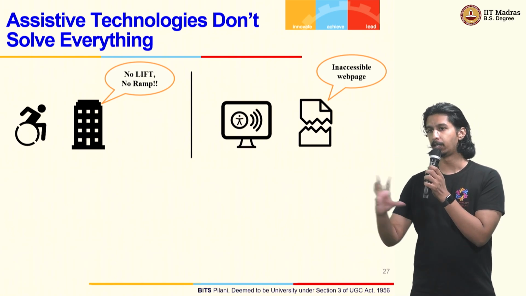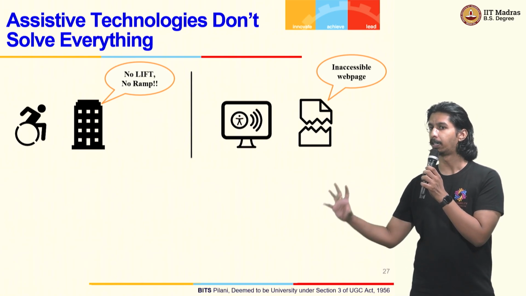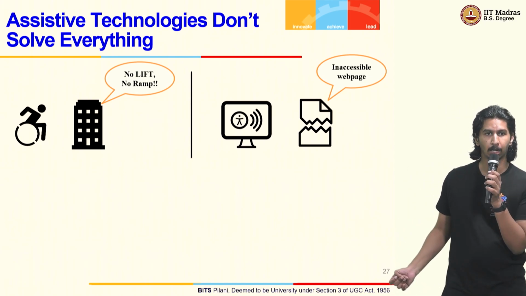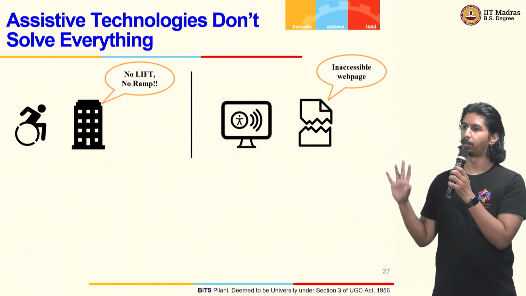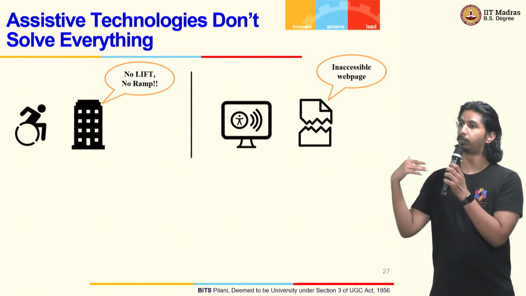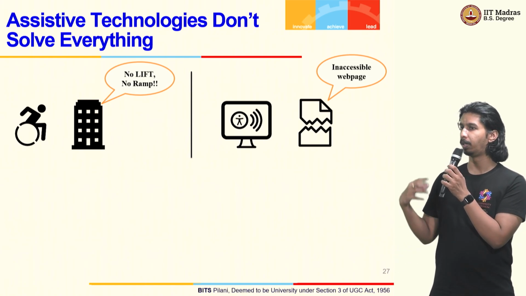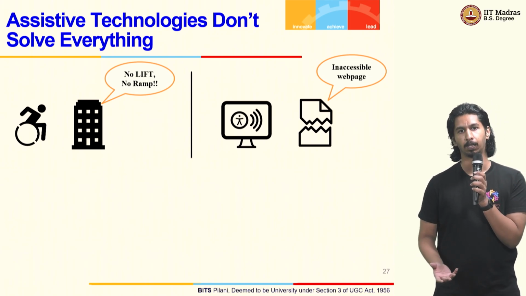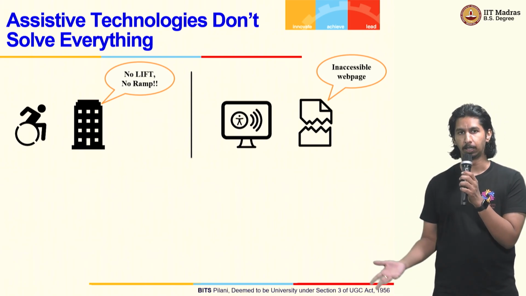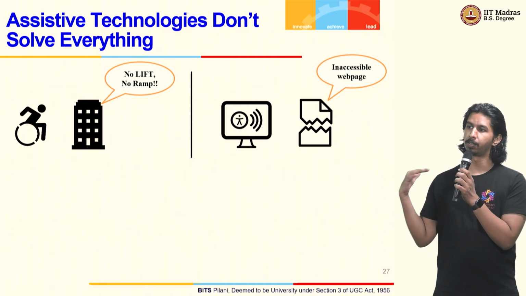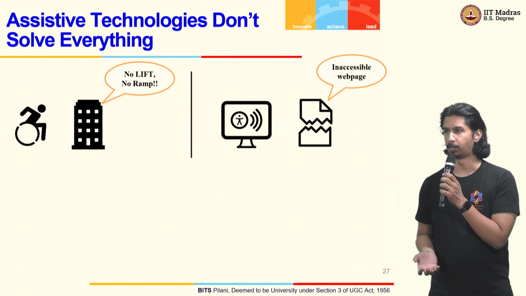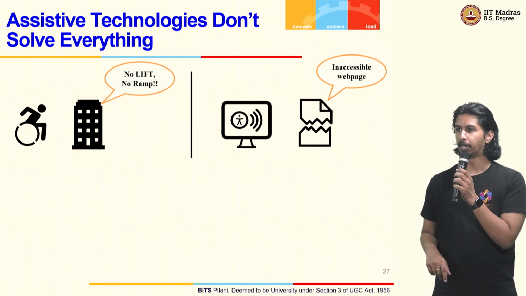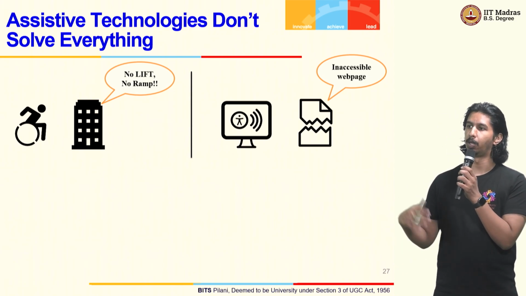So if the building is not accessible, then having an assistive technology is not going to help. Similarly, in the digital world, although you have assistive technologies, plenty of them freely available, if you create a website or a mobile application or any digital artifact, it could be a PowerPoint, it could be a PDF, it could be anything, there are certain guidelines, there are certain principles. If you don't follow them and if you just create a solution, then these assistive technologies will not work with